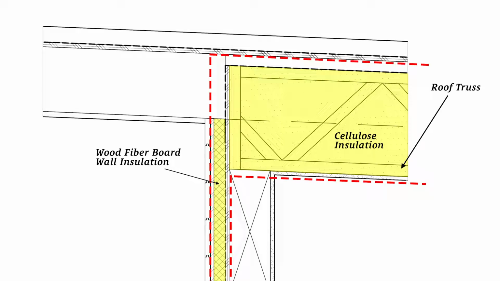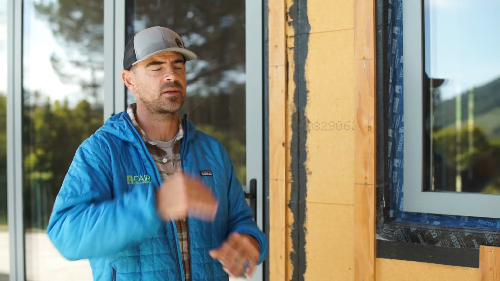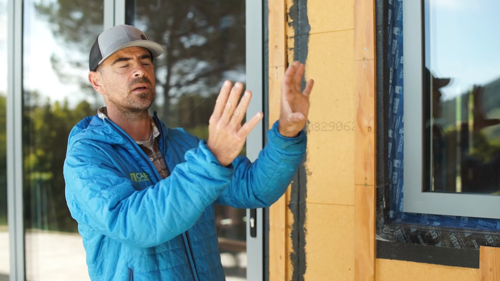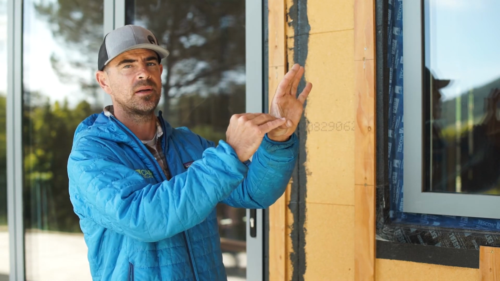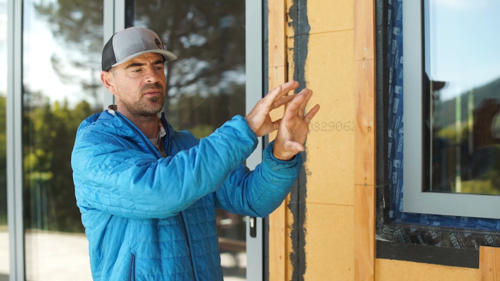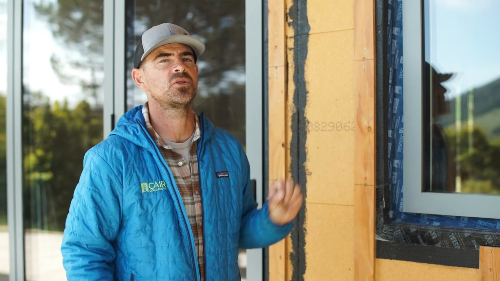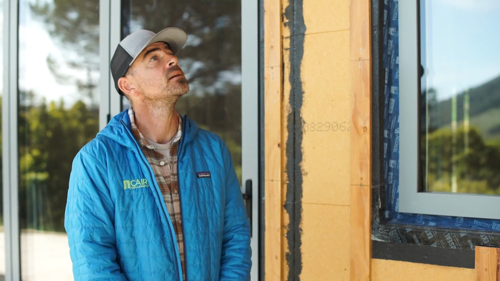And then we've built the outlookers with 2x8. So we've got a pretty good capacity of wall insulation going up the wall, going past the bottom point of our ceiling insulation. So we've eliminated that thermal bridge, which is usually one of the biggest ones you see in a typical roof truss construction. So that's it.